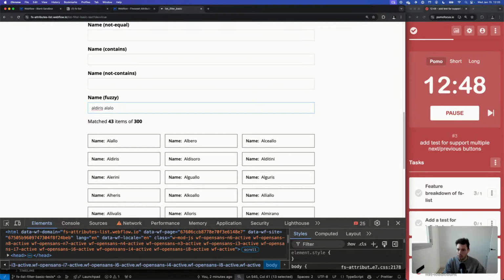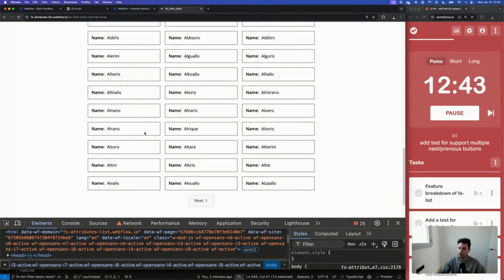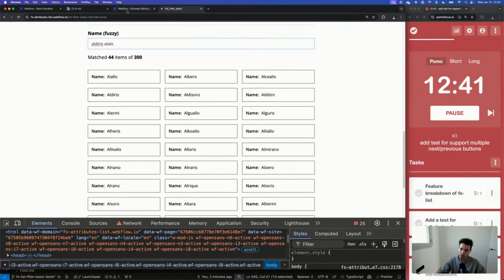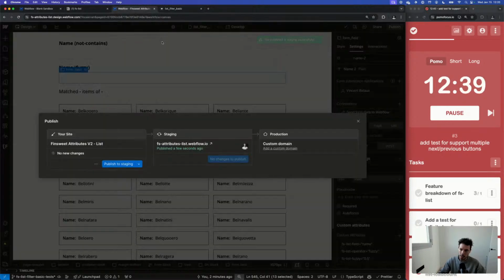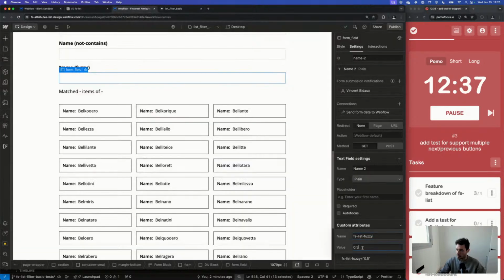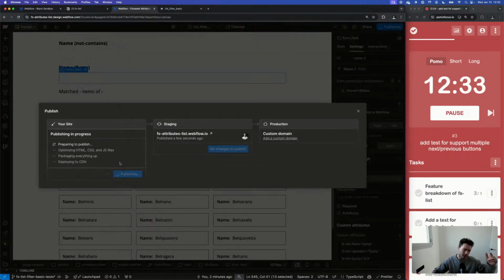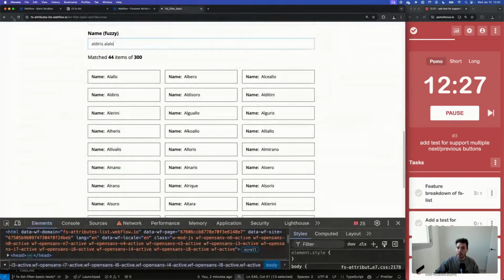Oh, so now it's more permissive. So when it's closer to 0, it's matching, let's do 0.3. I was wrong. When it's closer to 0, it's more strict. When it's closer to 1, it's more permissive.